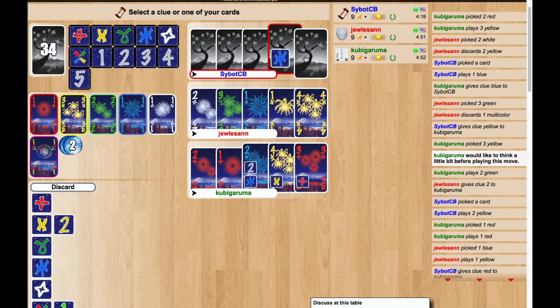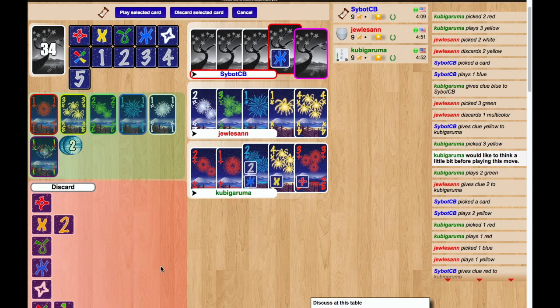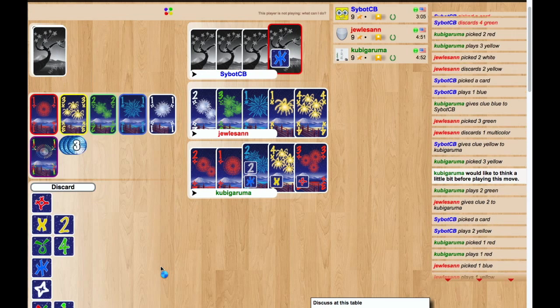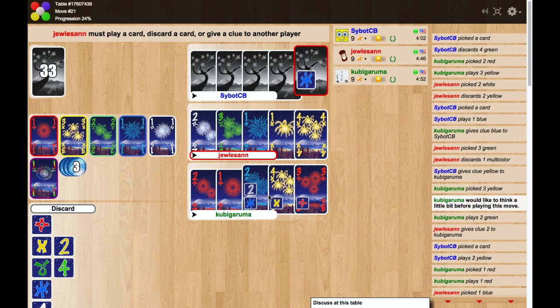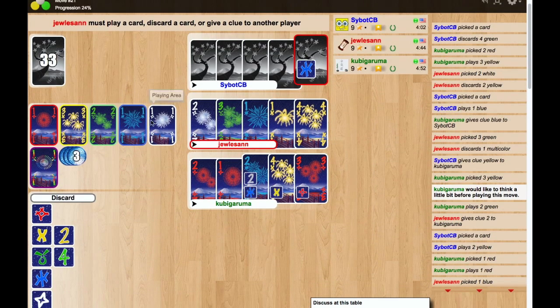I think a discard from me might be best here. I hate giving just a straight clue for one play. You cannot do well over time doing that. We're running really low on clues right now too. Four green would have been nice to have held on to in some way, but